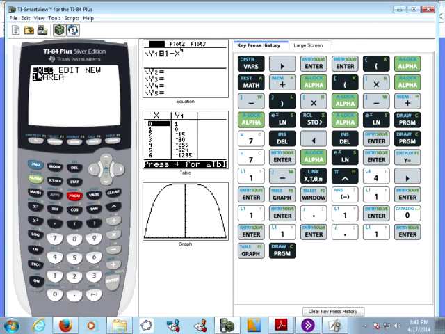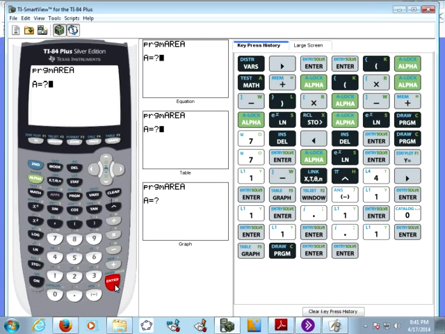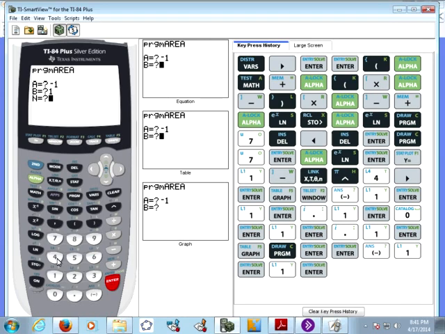If I hit my program area, and I'm now going to leave it on execute, which is the first thing that it gives me, in all likelihood it won't work because I'm a terrible programmer. And so it almost never works when I first run it. But I hit enter, and that brings up the program. I hit enter again, and lo and behold, it wants to know the left-hand endpoint. Let's tell it -1. And then it wants to know the right-hand endpoint. Let's tell it 1. And then we wanted 4 subintervals,